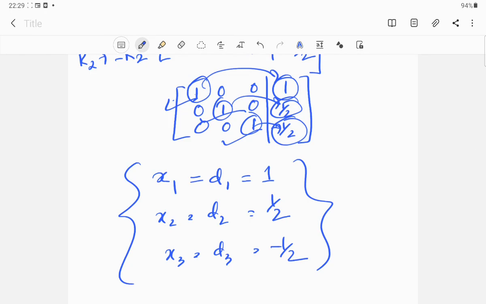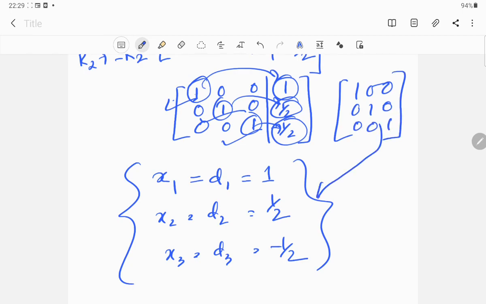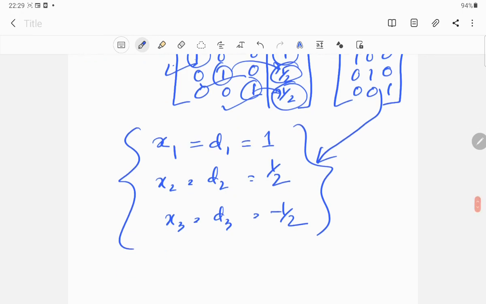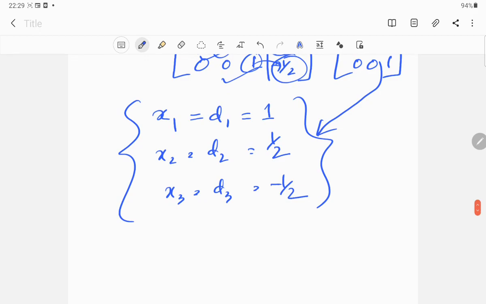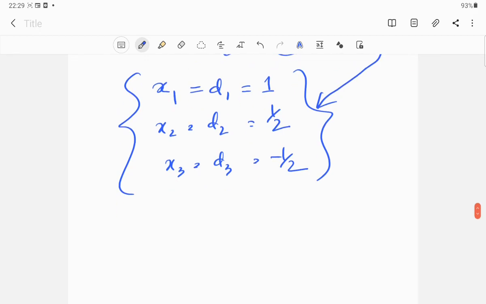Okay, so diagonal system of equations or diagonal matrix means you are converting it, suppose you get 1 0 0, 0 1 0. Okay, if you get this condition, then only you can apply directly. If you do not get this condition, then you will have to do the multiplication and solve it as we have done in the Gauss elimination method. So this is the Gauss-Jordan method, where you need to convert it into a diagonal matrix.